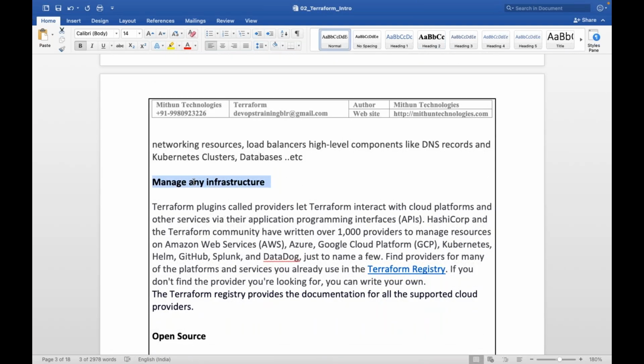And as I already told, Terraform manages any infrastructure.